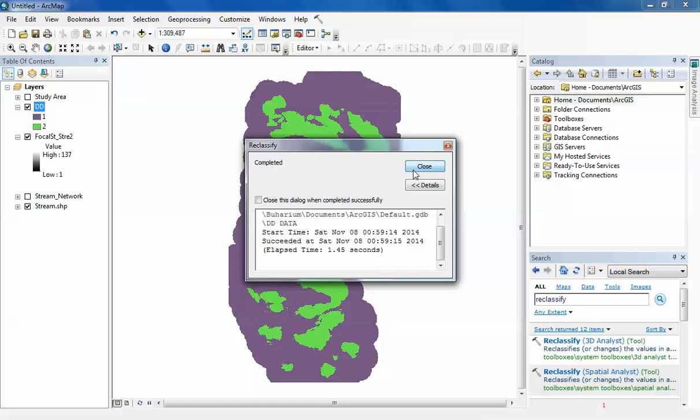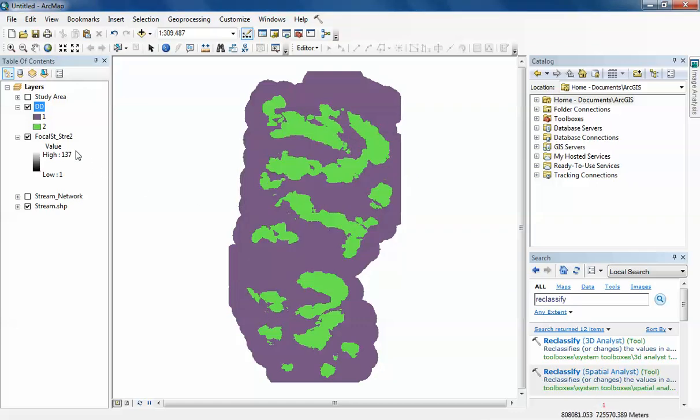And this is going to reclassify my data set into 2. And what I'm getting here is a drainage density map, and these areas that are purple, that have this value of 1, are the dry areas, and the green areas are the areas with the high drainage density basically. So this gives you more idea of what you should be expecting if you're going into the field,